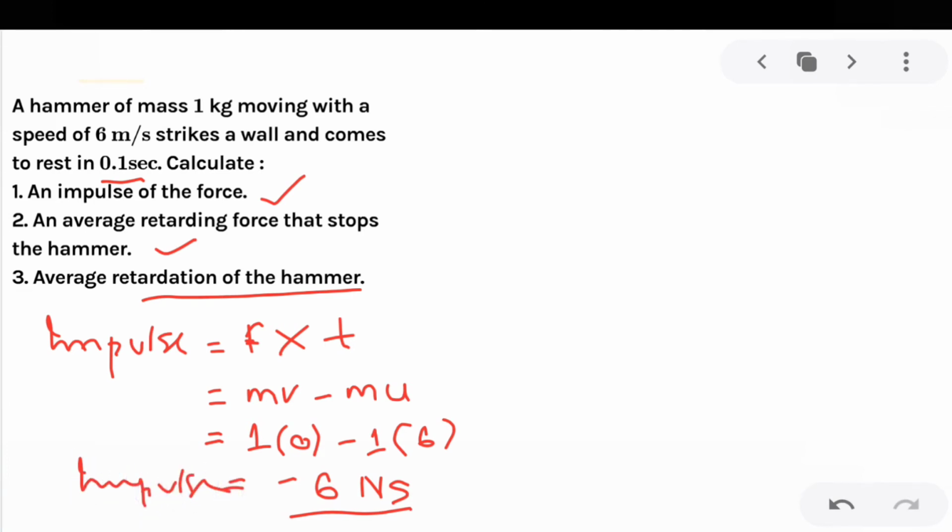Okay, now next is average retarding force that stops the hammer. Now the hammer stops in 0.1 second. We have the information about impulse. Impulse is minus 6 Newton second. So that means average retarding force